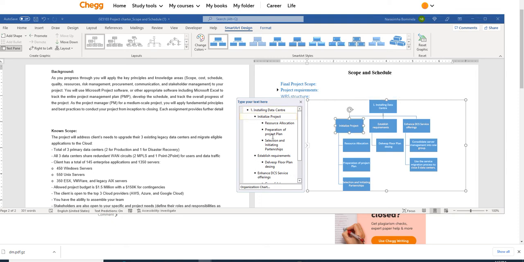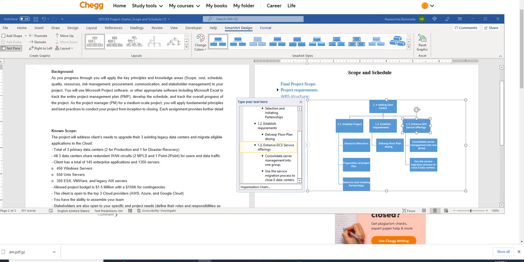For them, just give them 1.1, 1.2, and the next important one is 1.3. Okay, this one is the main task, and 1.1, 1.2, 1.3 are subtasks under it. Again under this one, 1.1.1, 1.1.2, and this is 1.1.3, and this is 1.2.1. These are called work breakdown structure IDs, WBS IDs we are giving. So 1.3.1